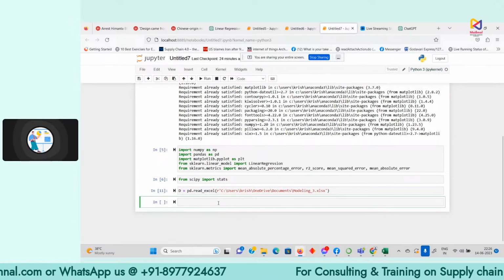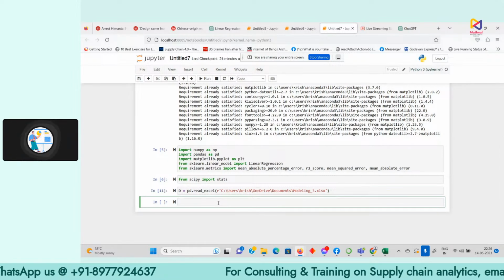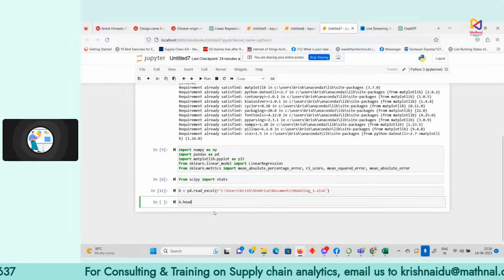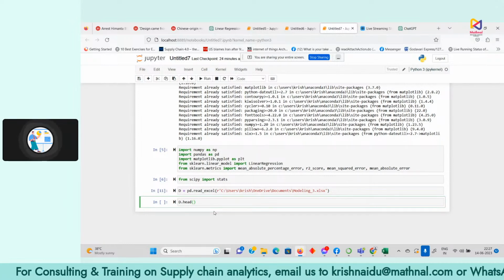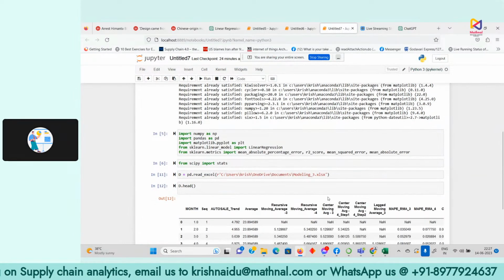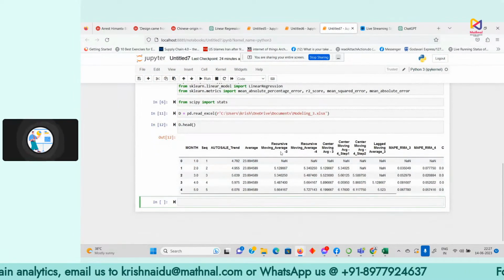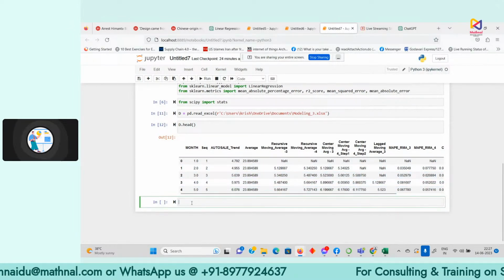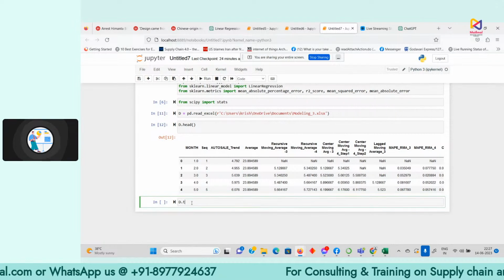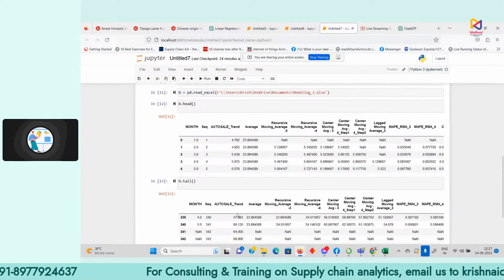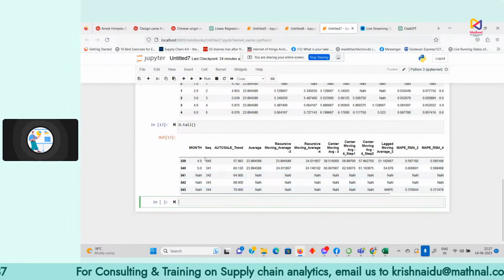Now we have the file. What is in the file? I want to see what is in the file. So I'll just take the top 5 lines. So this is in the file, and I'm getting the top 5 lines. If I want to see the bottom 5 lines, I'll write d.tail and run the code. So I'm going to see the bottom